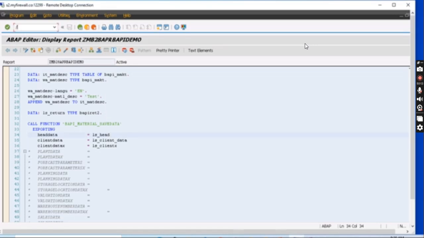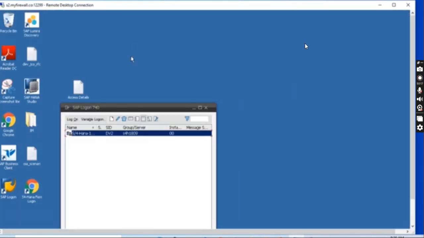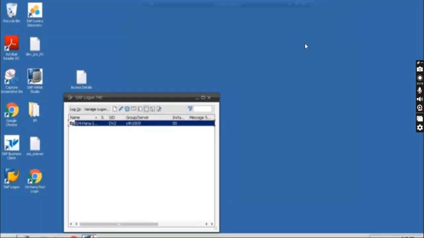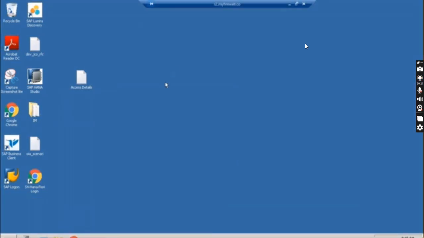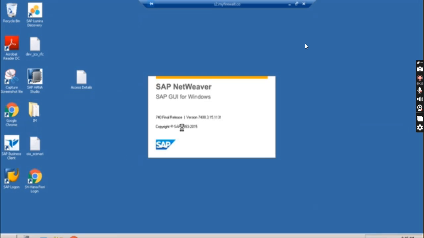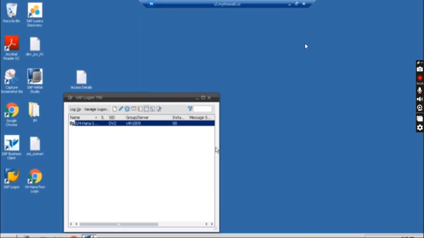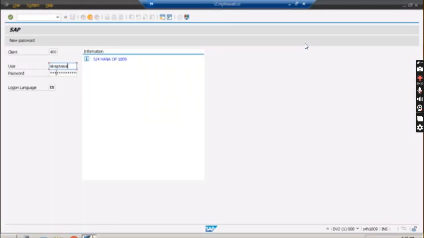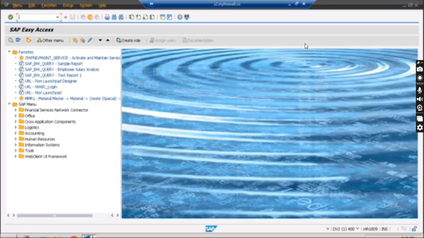Let me do one thing. I need to come out. It's behaving a little differently. Now I think it's okay. Let me log in once again. Log into the system and go to